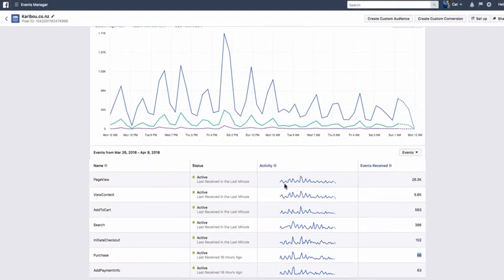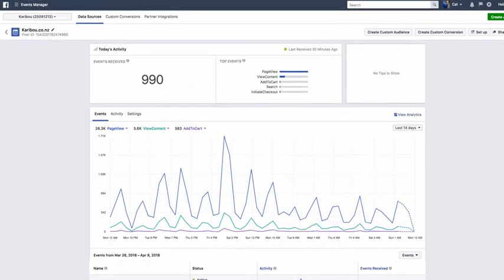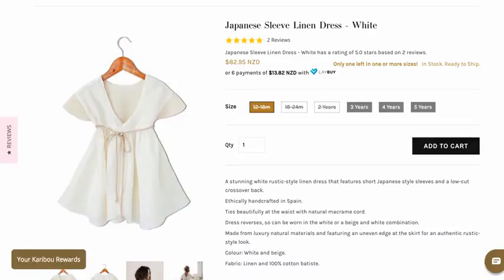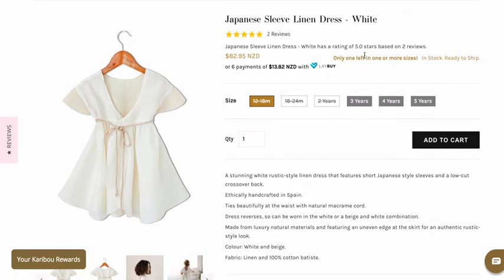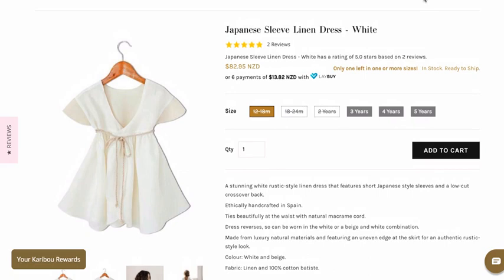Now, if this is all fine, the last thing to do is to actually go on the website, and you've got your Pixel Helper here, and what you need to do is go all the way through to checkout. Now, if your client is selling some really expensive stuff, like $100 or $1,000, most clients will be on Stripe or they'll be on PayPal. So request your client to send you through a dummy test